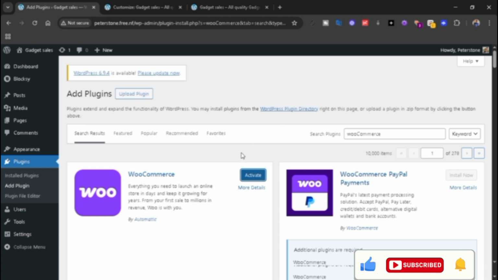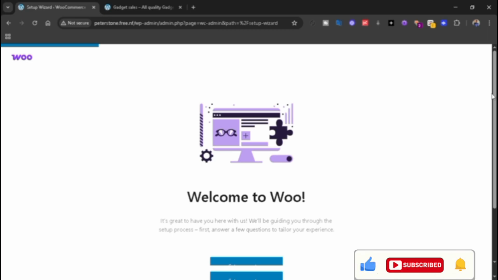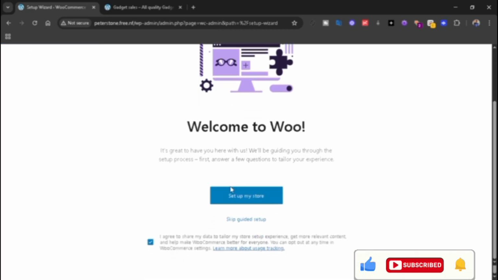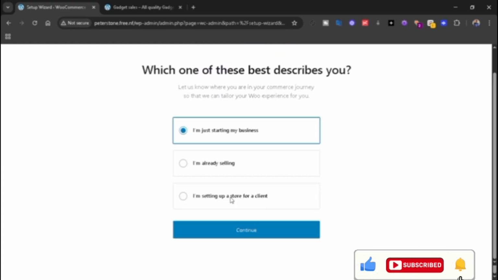So after installing WooCommerce, come over to this place and then click to activate it. Now after activating your WooCommerce, you'll be prompted here to set up your store. Click on this place that you want to set up your store, and then they are provided with three different